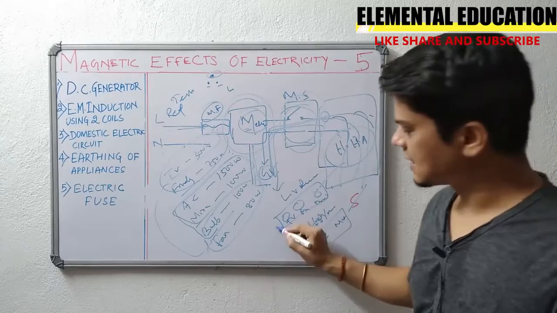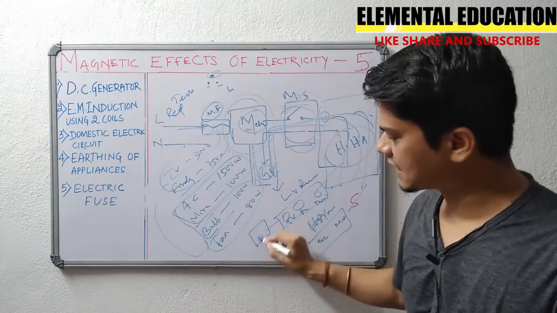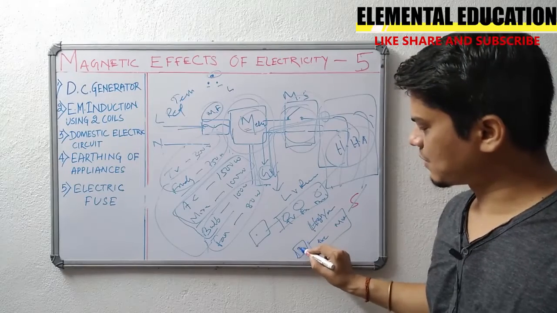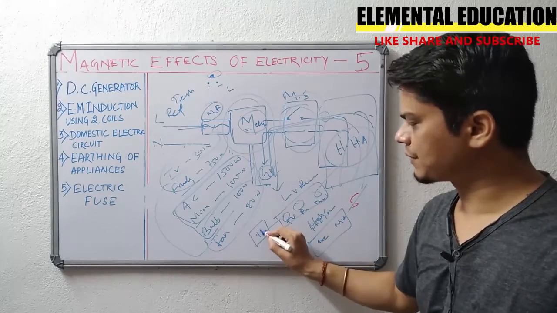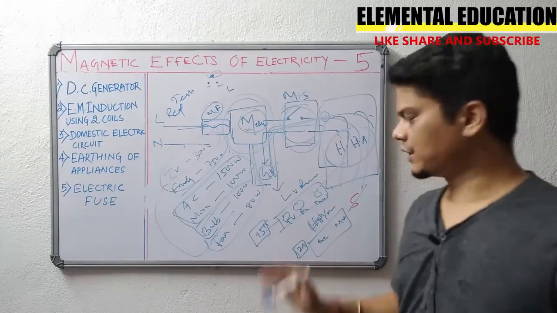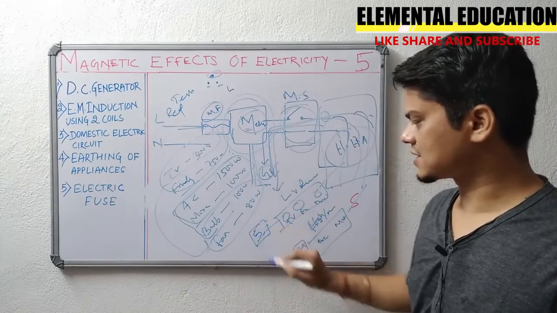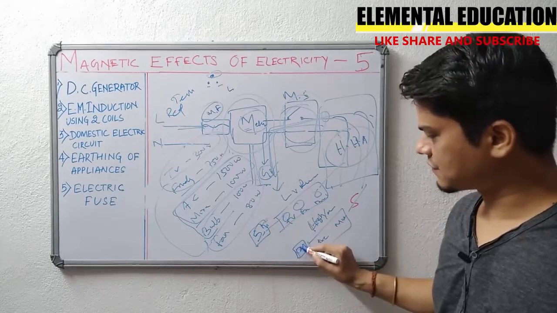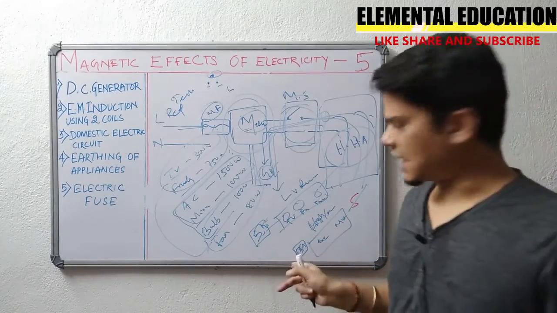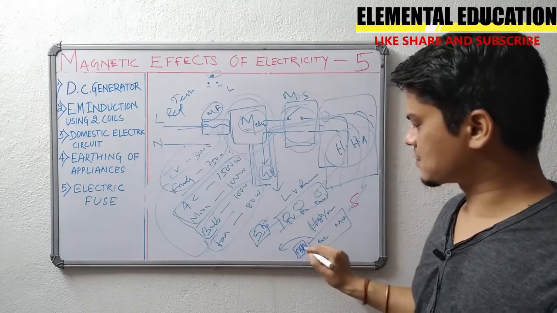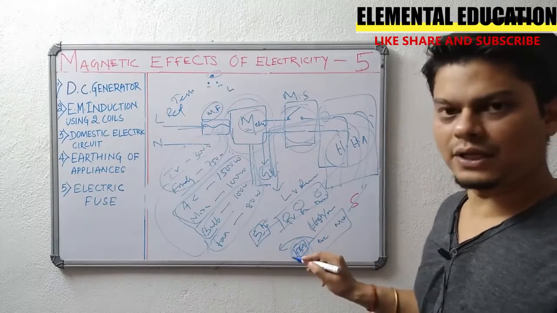Why are we doing this? Here I will be connecting another fuse, a protective circuit. Here also another fuse. This will be a maximum of 2 ampere to 5 ampere, and here it will be 15 ampere. Sorry, I have changed it again: this is 5 ampere and this is 15 ampere. For the high voltage line I will be using a higher ampere fuse. Why? We know it will draw higher currents, and till 15 ampere it will sustain.